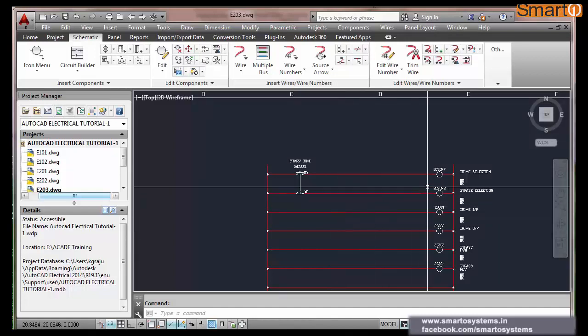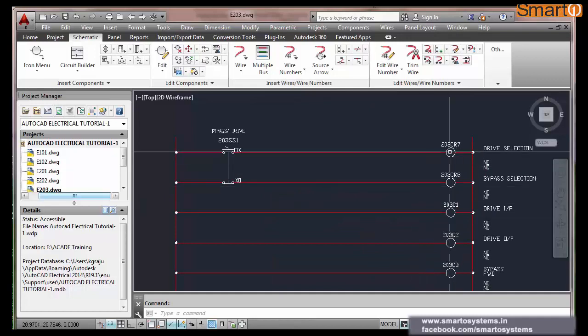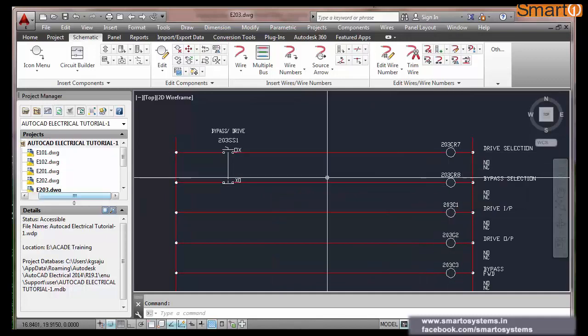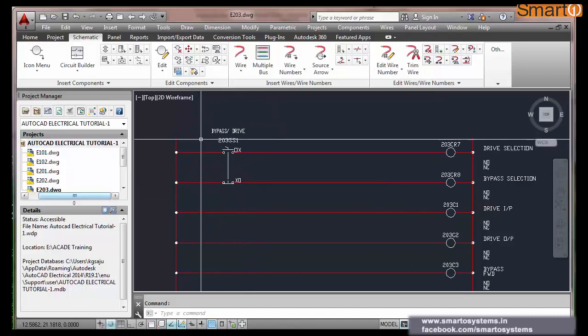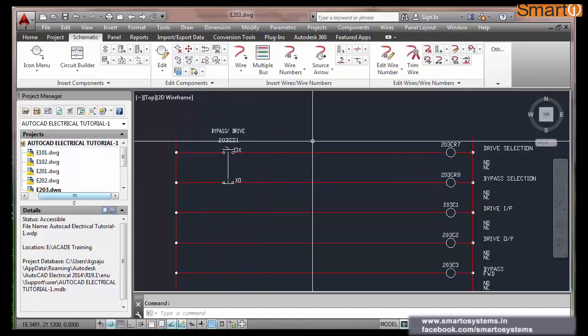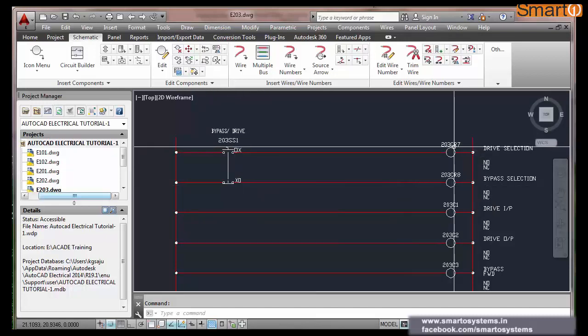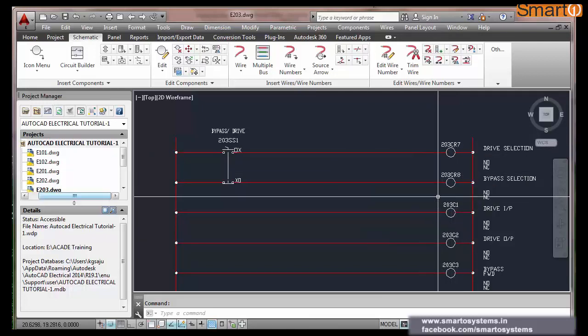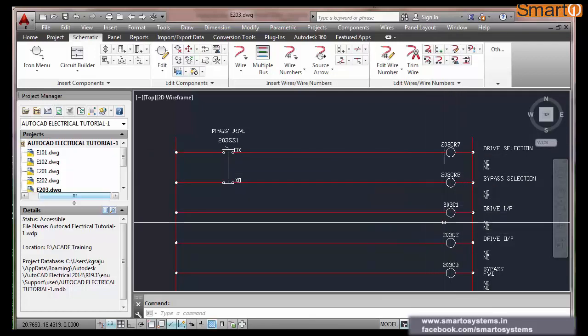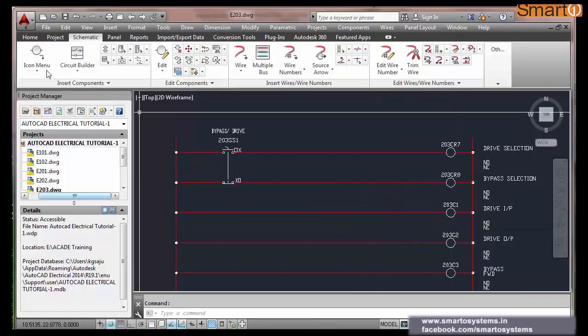Now, when the selector switch is on the drive side, what should happen? This relay will pick up. Then this drive input contactor should also pick up.